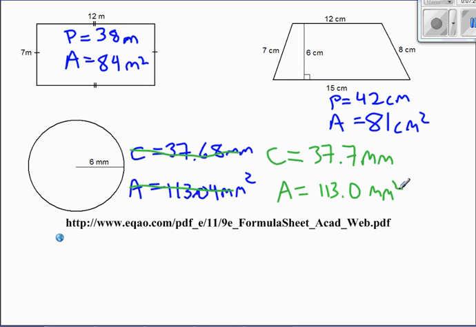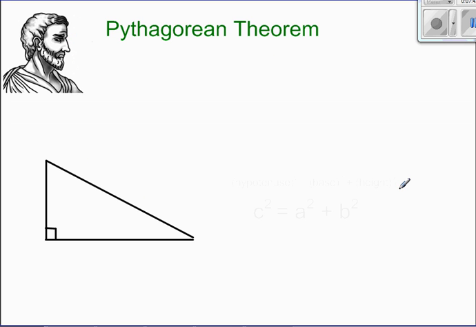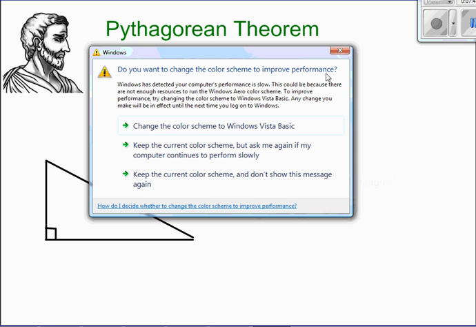Okay, so let's move past basic shapes because, to be honest with you, we don't deal with basic shapes just on their own very much in high school. We look at more complicated issues that relate to basic shapes, but not the basic shapes on their own. So the first thing we have to do is look a little more closely at triangles, and in particular, at the Pythagorean theorem. Again, this should be a review from a previous grade, but let's make sure